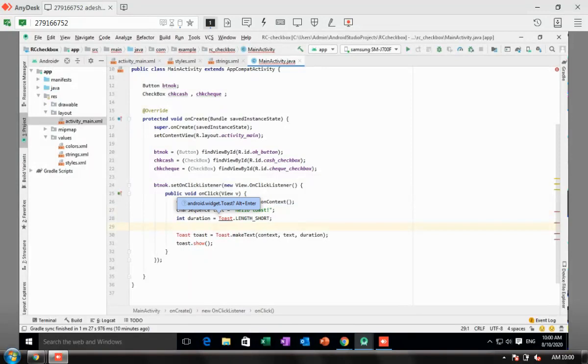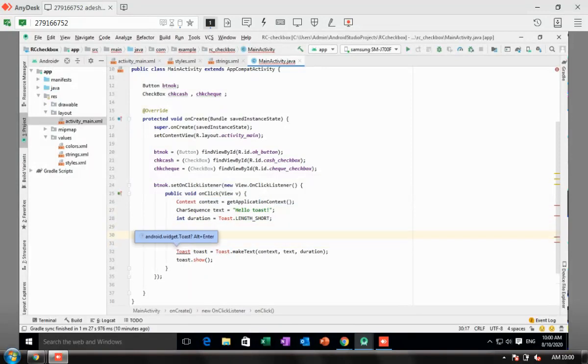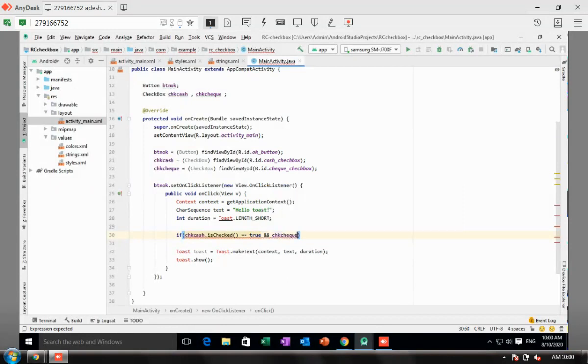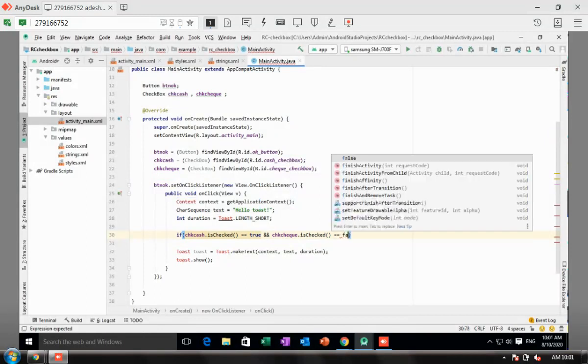What happens? It's very important. I have to use these combinations. Then the if condition begins here. In the if condition we say that if this option isChecked, what is the value? If it is true and the second checkbox isChecked equals false. See, the first one is true and the second is false.